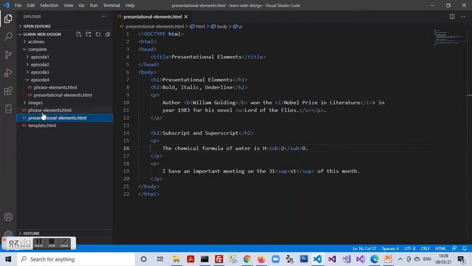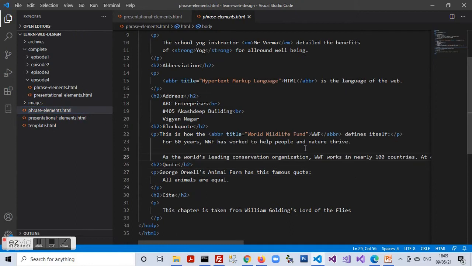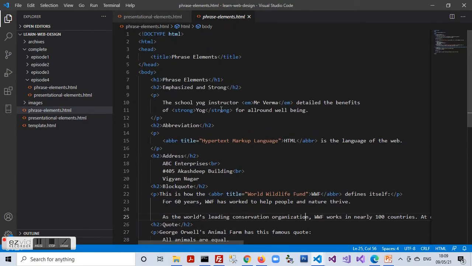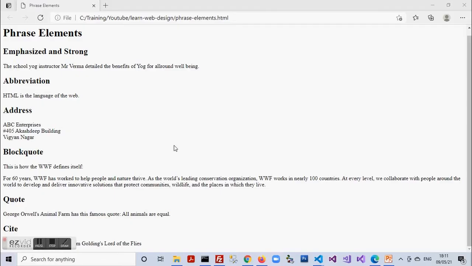So phrase elements tell us something about the content, meaning they provide extra meaning to the content. So let's see how actually phrase elements help us. Again, we have the document with the content already within it, and we need to apply the tags to format it as per our requirement.